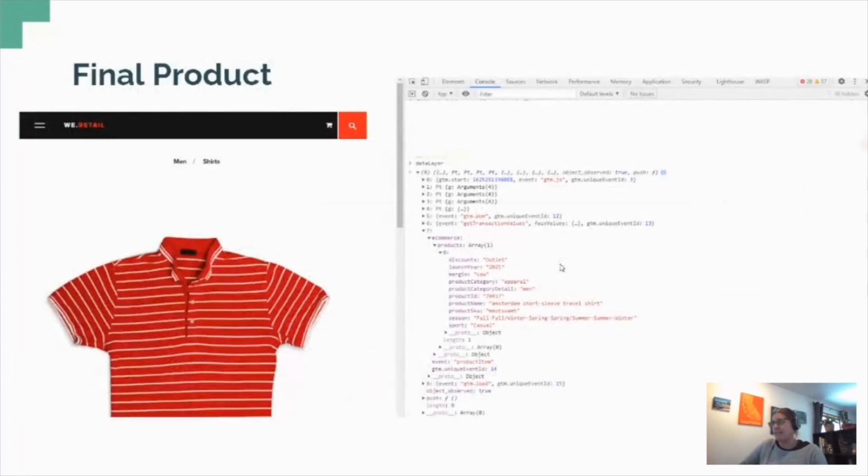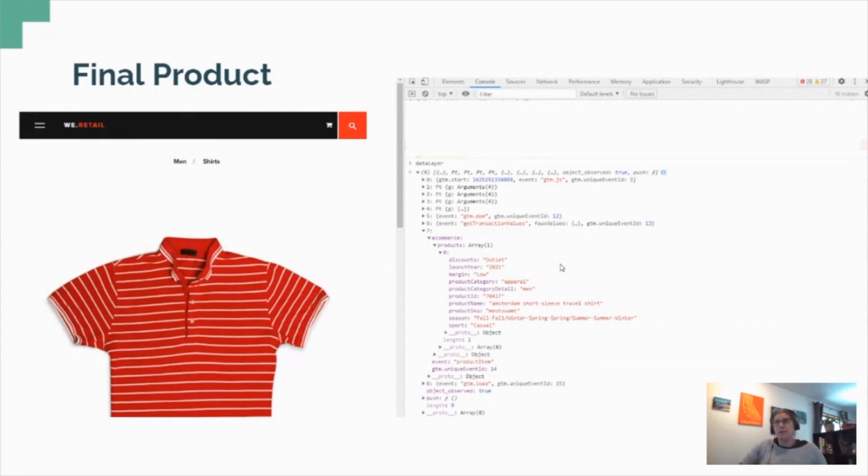So final product, this is what we're looking at. This is actually coming from a test site we use here at Claravine. And this all started with creating that file from Claravine. I have formatted a number of rows of data, sending that off to a cloud environment for storage. It's a JSON file, so I can easily parse it. I'm making that file public, and then creating my data layer, whatever code block you need, and then deploying it